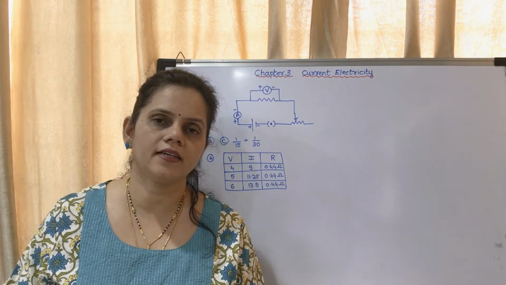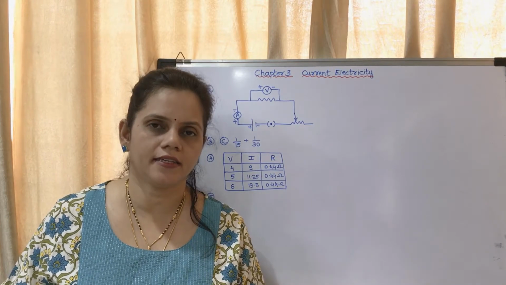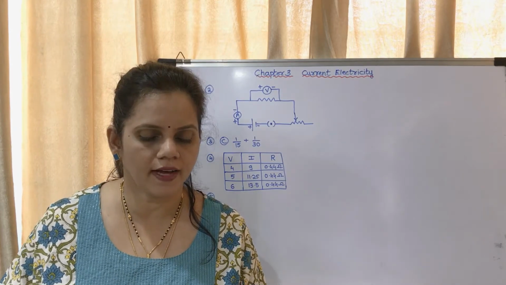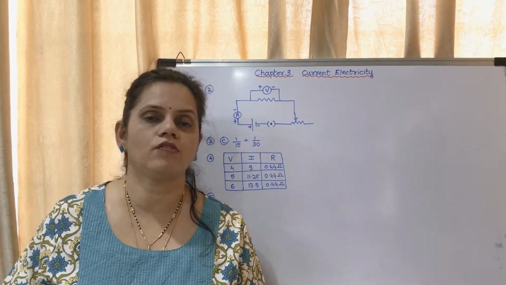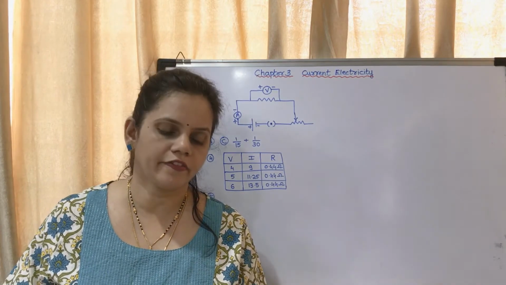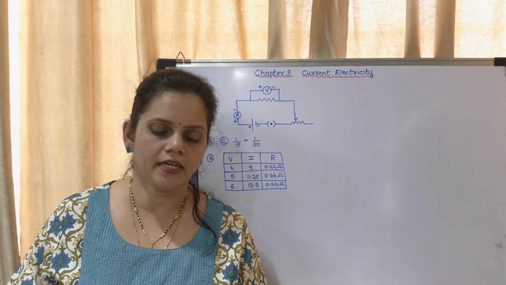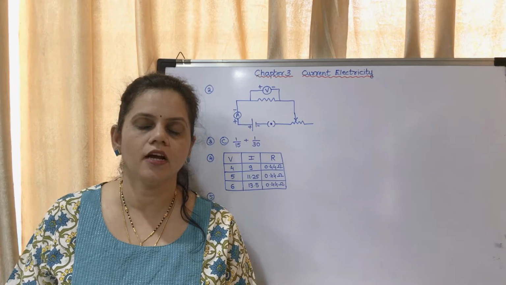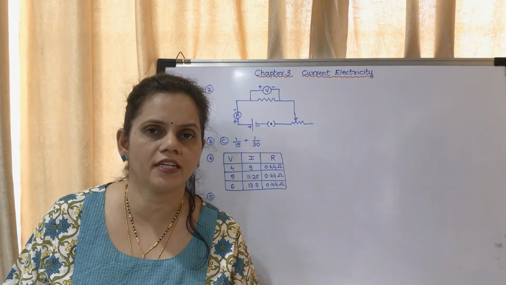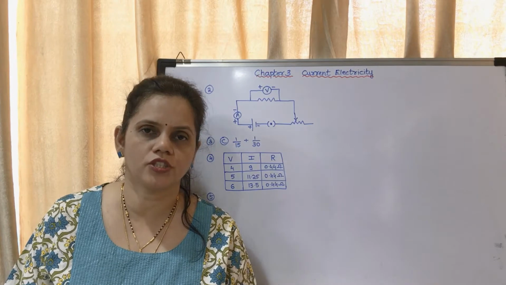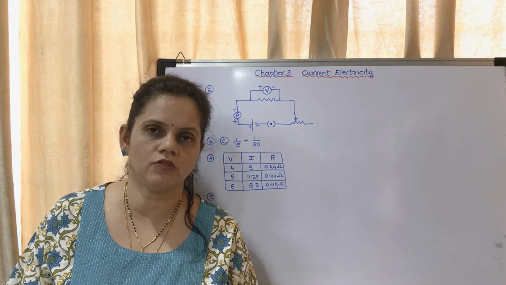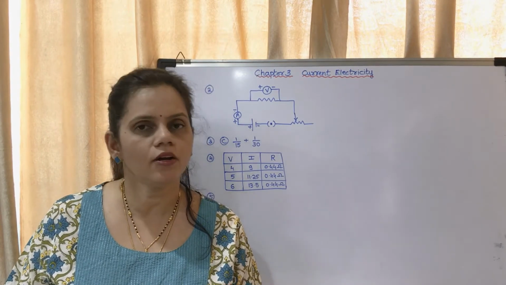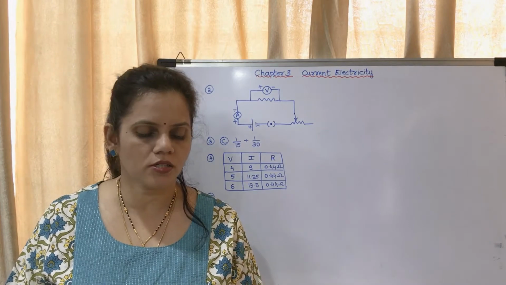So there are three wires: live wire, neutral wire, and earthing wire. The current comes through the live wire and goes through the neutral wire. The color of the live wire is red or brown. The color of the neutral wire is blue or black, and the color of the earthing wire is yellow or green. What is the potential difference across live wire and neutral wire? It is 220 volts. That is an important question. Now we will see the next box, fuse wire.